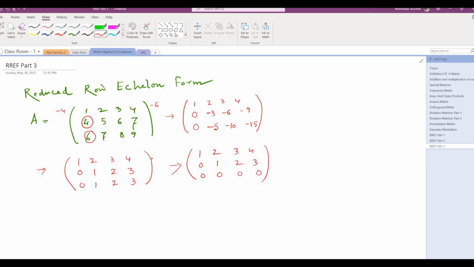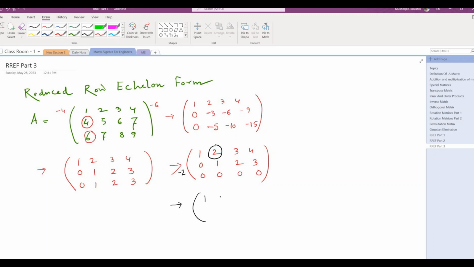But we are missing one point here, that is we have to make sure that our last condition, which is we have to make sure that this is also 0, right? This has to be 0 also, then only it will be complete. So for that, what we can do, we can simply multiply it with -2. We can multiply it with -2, the second row, and then if you just